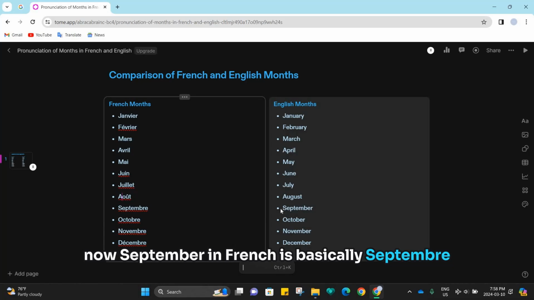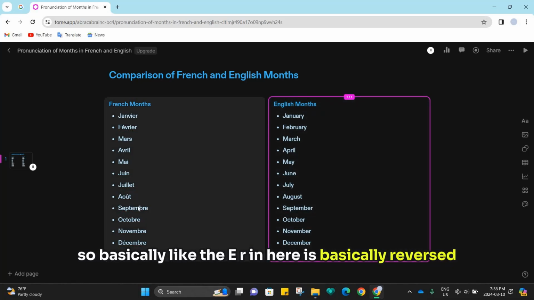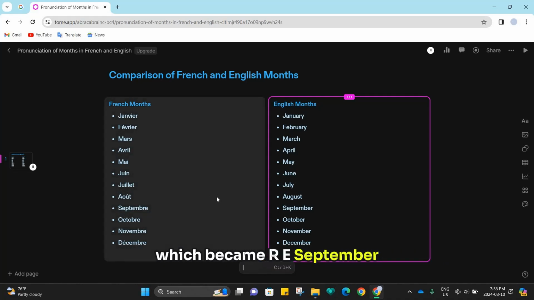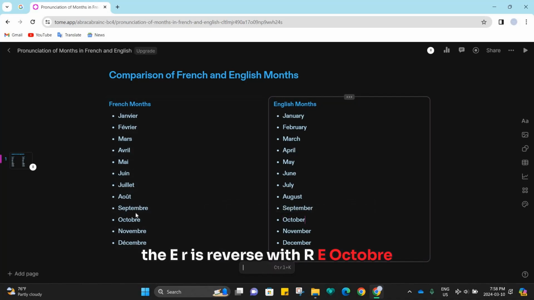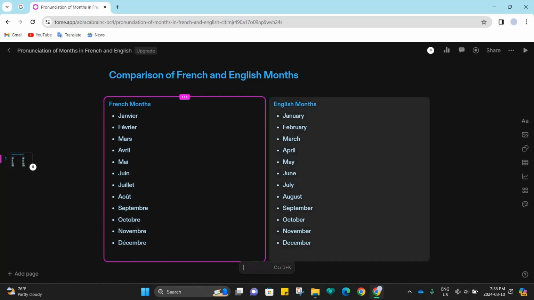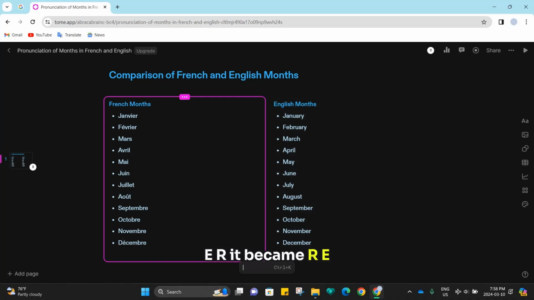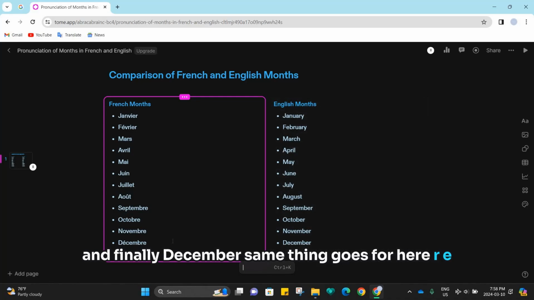Now September in French is septembre. The ER in here is reversed, which became RE, septembre. Now October, same thing goes for here. The ER is reversed with RE, octobre. Same thing for November, ER became RE. And finally, December, ER, same thing goes for here, RE, and also there's another difference, the